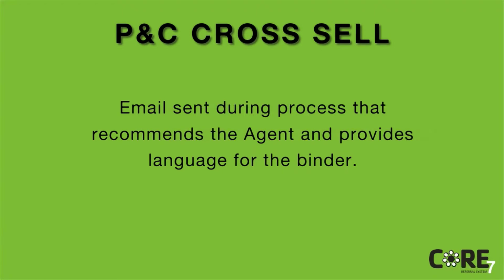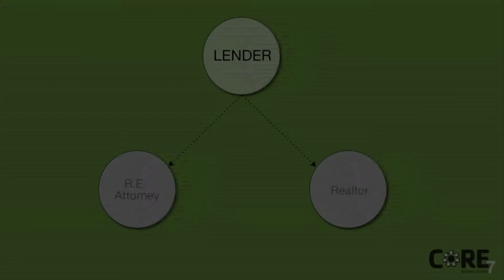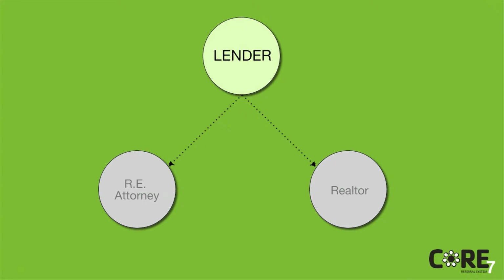There's obviously going to be multiple opportunities, multiple secondary opportunities that emerge for the loan originator in the natural course of doing business. Absolutely, there are multiple opportunities that we look for as a Core 7 mortgage originator. The secondary professional referral targets for the mortgage originator are the real estate attorney and the real estate agent. Let's start with the real estate attorney.